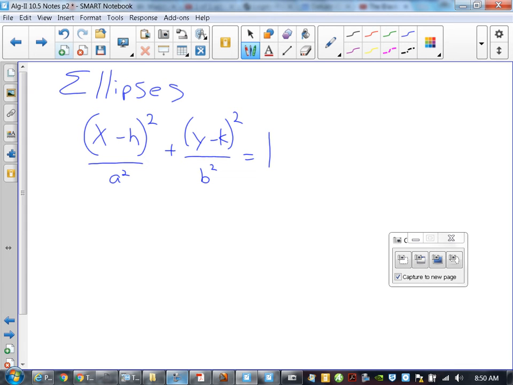If the a squared is underneath the x squared, which direction is this being stretched? It's ellipse, because it's plus. Oh, right. So it'll be left and right because it's underneath the x. And if it's underneath the y, it would be